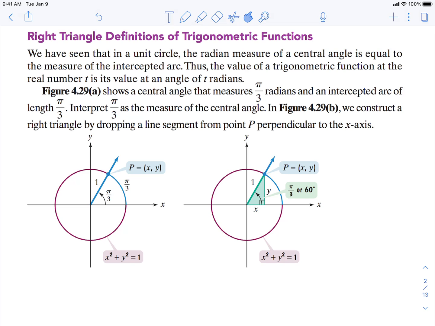All right, we're going to work with right triangle trigonometry in this video. So we've worked with the unit circle, and the radian measure of that central angle is equal to the intercepted arc. Thus, the value of the trigonometric function at that real number t is the angle of t radians. There's a figure below showing the angle pi over 3